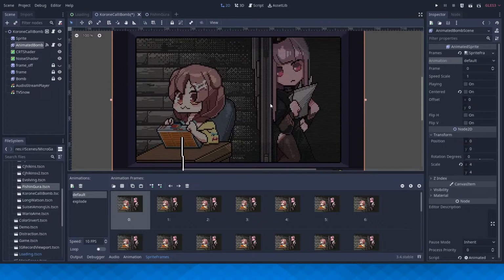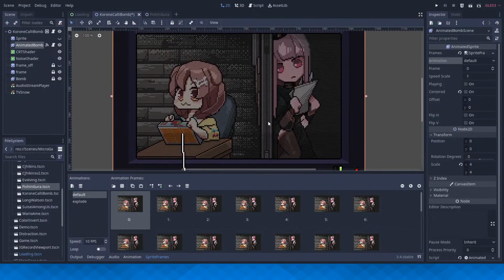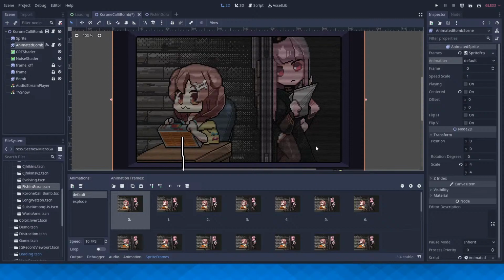So, what I want to do is make sure I get some kind of basic gameplay loop in. Right now, I am missing some assets, actually, because in the original animation, let me see if I can get a picture up on the screen.